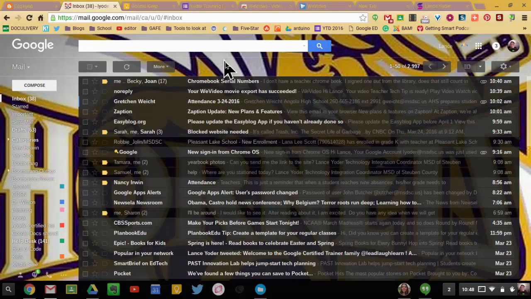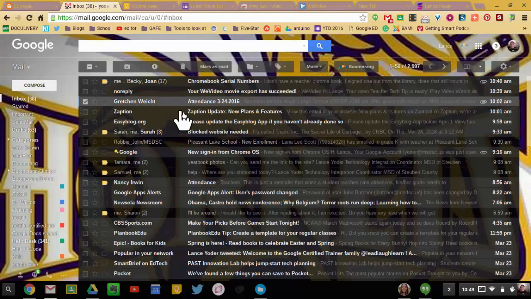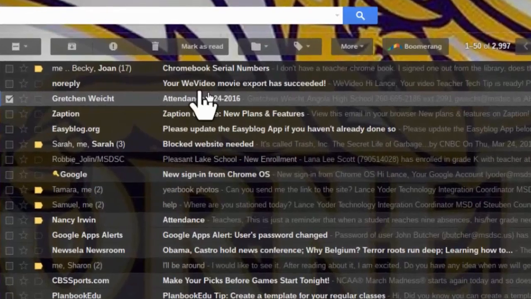Let's say you have an email from someone important, or maybe you are even using the star filter. If I click on the star, I can actually star items. I'm going to show you how you can better use those items. So let's say I have an email from an important person. I get regular emails from this person, and I want a separate box just for this person, and I don't want to miss them. So what I'm going to do is select this person like so,